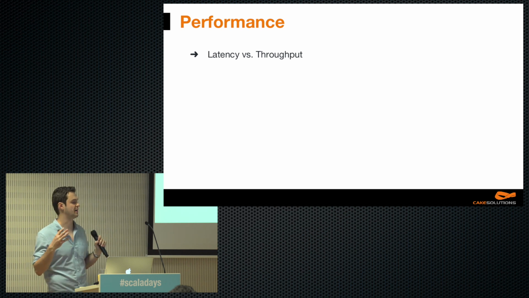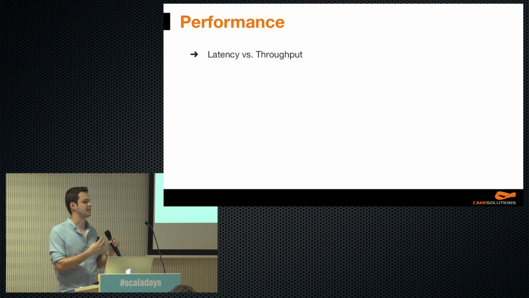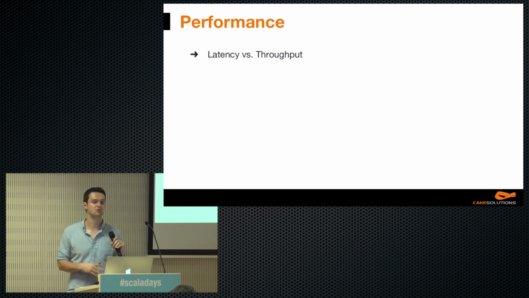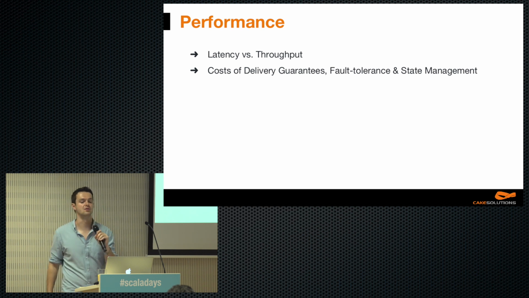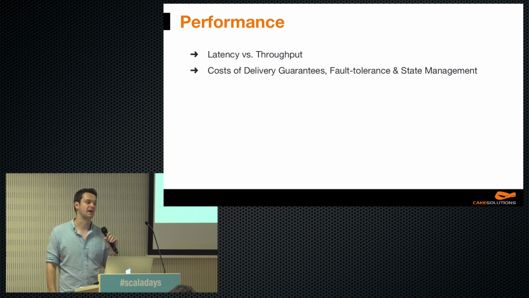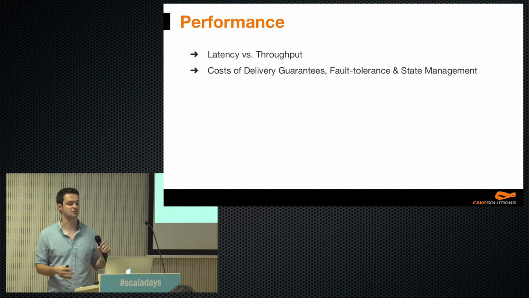For latency, in case of micro-batch, we're usually thinking in seconds. In case of native streaming, we can expect lower hundreds of millis for most of the systems, but Trident, Storm, or Apex can operate in tens or under really good circumstances, even in milliseconds. Also, it's important to keep in mind the cost of delivery guarantees, fault tolerance, and state management. For example, turning on fault tolerance may cost you like 10 to 15%, but in case of Storm, it could be like 70% of your throughput. So there is no free lunch, as always.